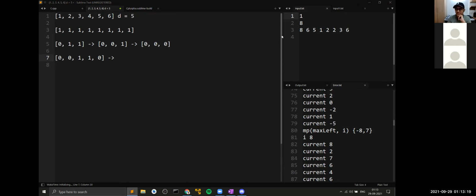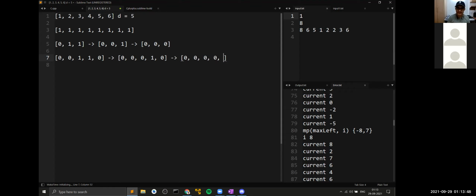Right? So is this making sense or is this all going above your head? It is a little hard to understand here. I totally agree. Yeah, I'm getting it. So it will be two, right? 2 steps. 2 steps, exactly. Why? Because this zero will convert this one to a zero. And after that, this one will get converted to a zero, right? And this will get converted to all zeros.